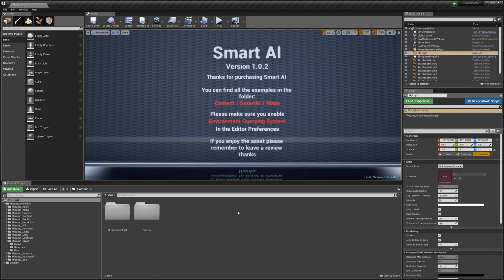Hey guys, today I'm going to be showing you how to change your character mesh for smart AI characters. In this video I'm going to be retargeting the animations included with smart AI to a different skeleton. Something to keep in mind is if your new character mesh that you want to use for your AI is